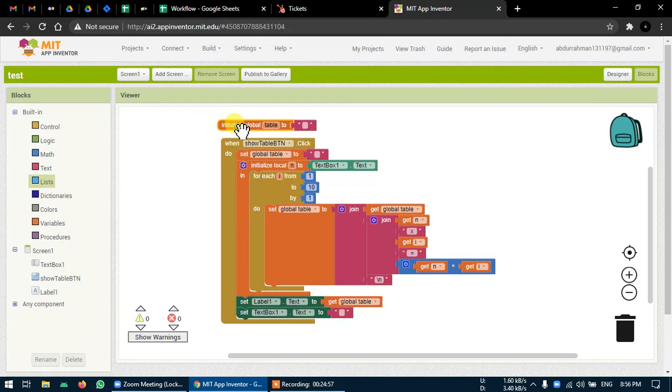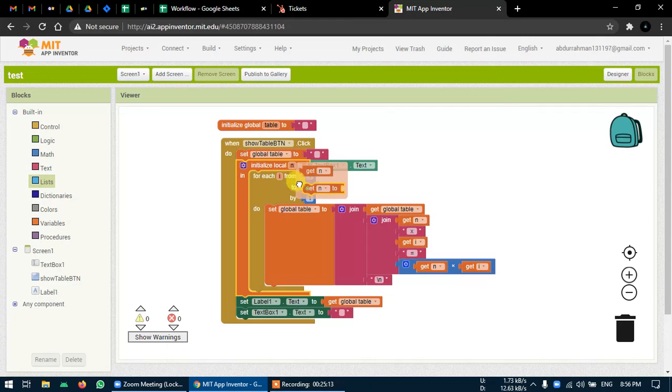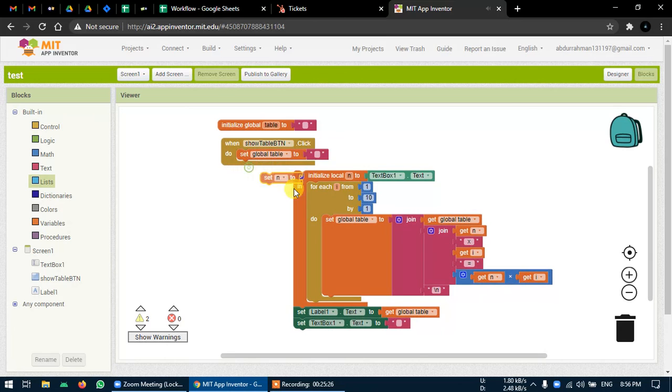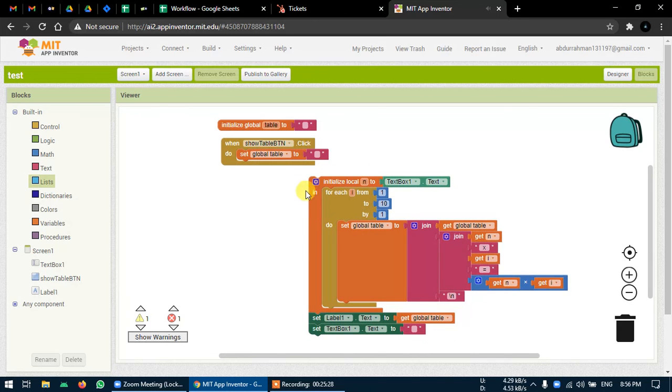So this is how we use a for loop in MIT App Inventor. The difference between this global variable and this local variable is a simple one. If you are outside the function, you won't be able to use the local variable, and a global variable you can use anywhere. So that's how it works. If I try to put this set block over here outside the function, it just gives an error, because the range for this local variable starts inside this. It must be inside this somewhere. If I remove this and put it inside, it will work.